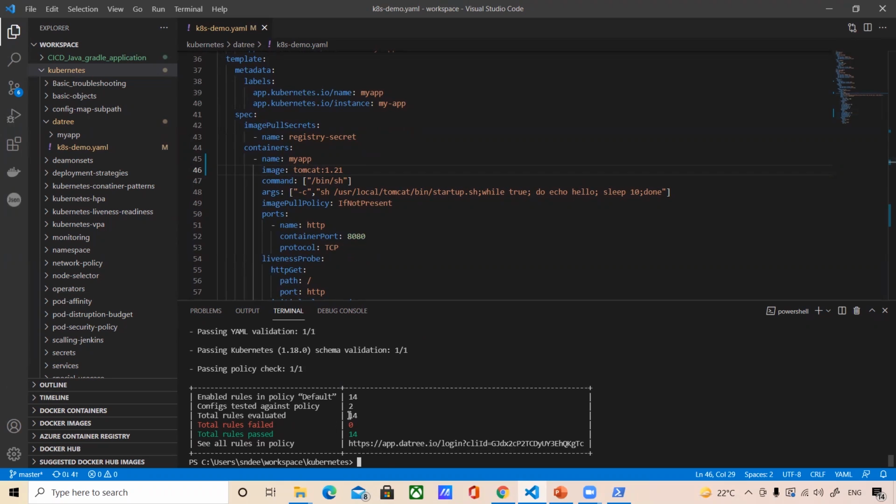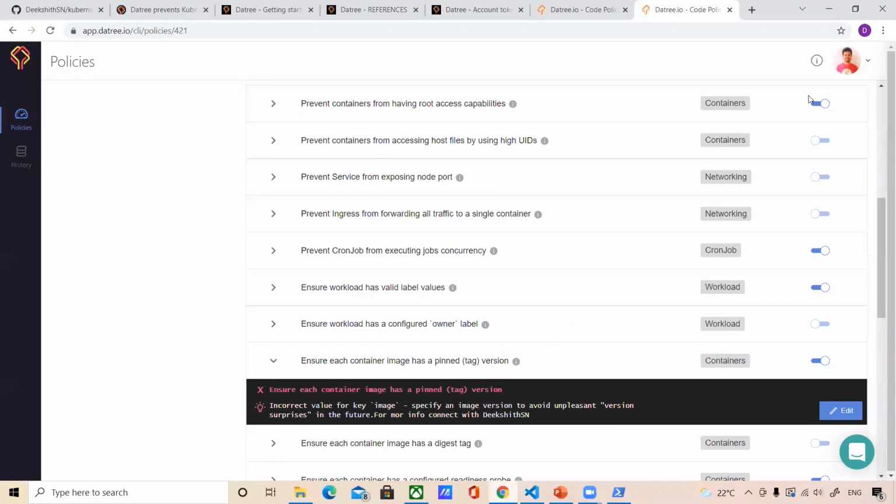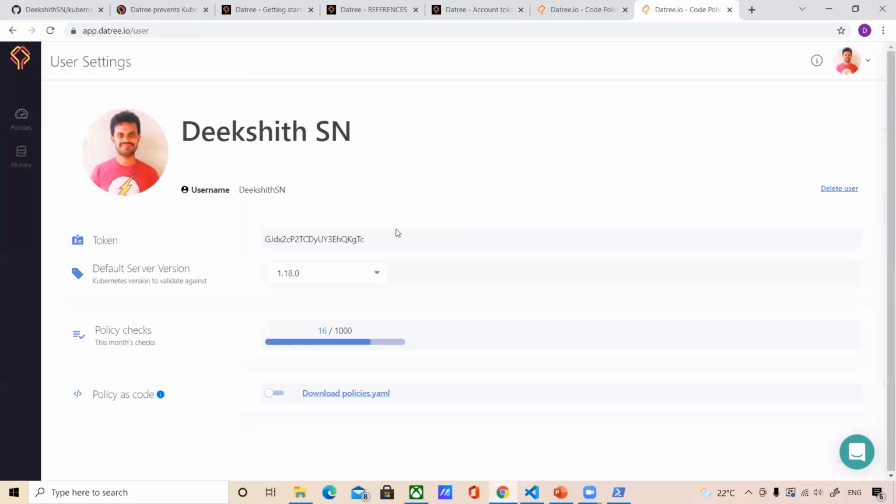You can see here 14 rules which are inactive and 14 rules have been passed. One more thing. When it does schema validation, if you could see passing Kubernetes, there is some version. Let's say, for example, you want to verify your particular Kubernetes manifest file against a specific schema version. In that case, you can go to the dashboard again and under the settings, you can change which version I should be verifying my schema with. So if you want to verify your Kubernetes manifest file with the latest version schema, then you can go with this version 1.22 to 22.1.